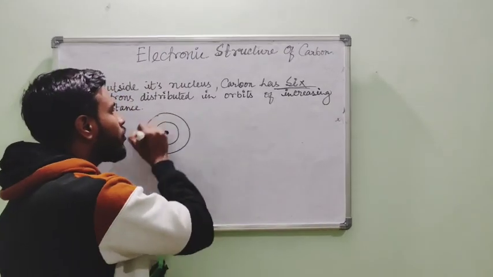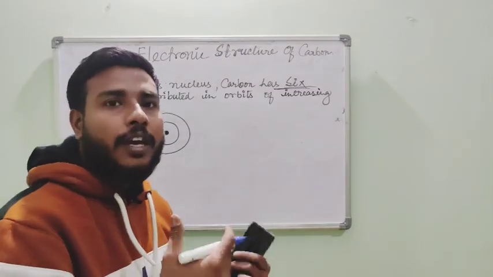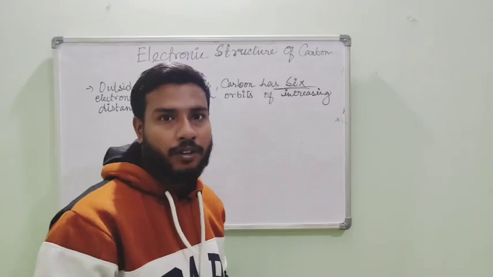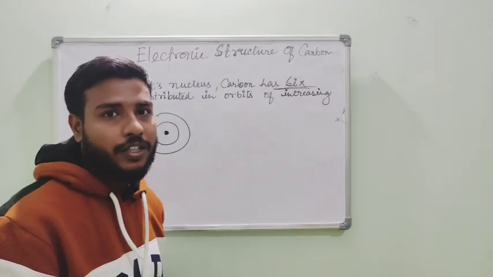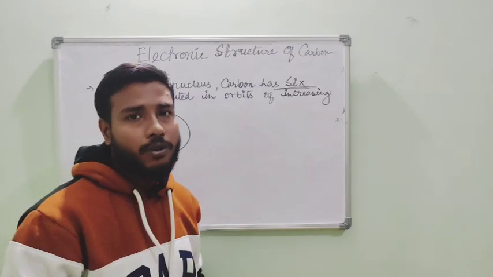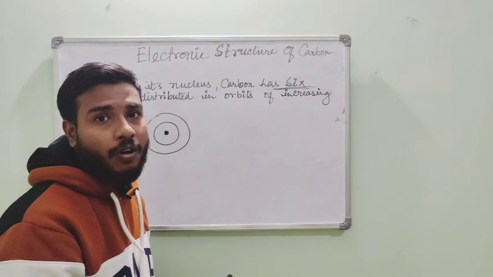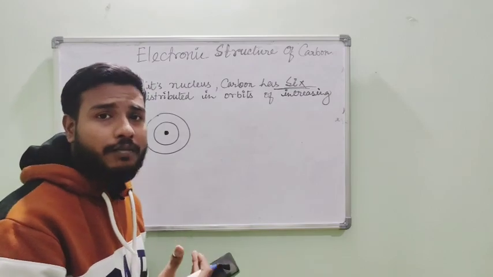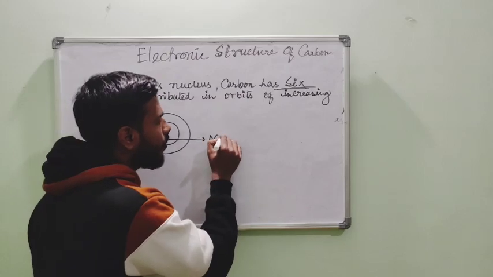Obviously, according to the Bohr concept, we know that orbits are circular in nature, though we actually cannot say that orbits are precisely circular, but from the Bohr concept it is quite evident that orbits are circular in nature. So we are going according to the Bohr concept. What it says is, outside the nucleus of the carbon, the electrons are distributed in orbits of increasing distance. What does it mean? You see the nucleus of the carbon, if this is the nucleus of the carbon,